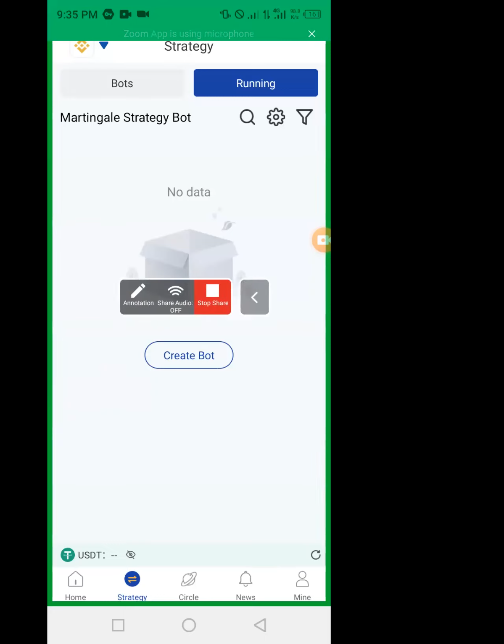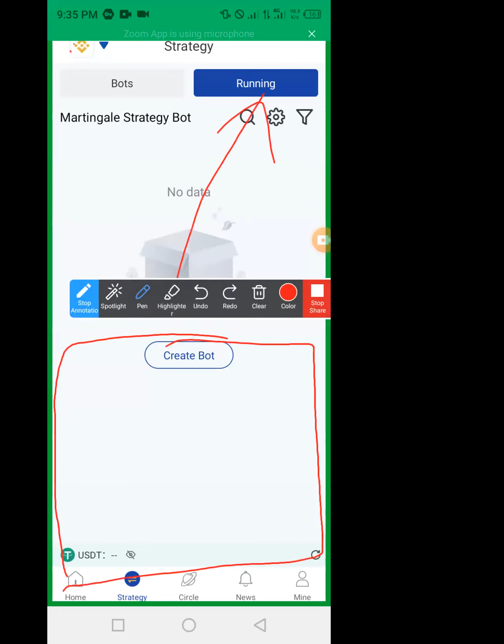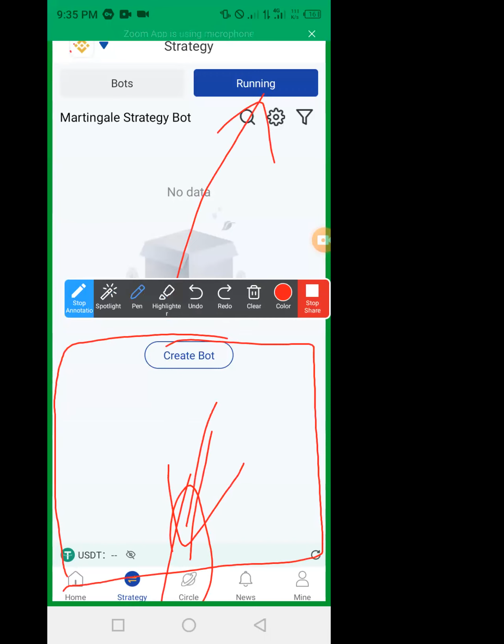We have looked at the strategy circle. This circle is what I told you when you want a professional trader to trade for you. But I said we are no longer recommending the people to subscribe to them, because at least we teach people each and everything, so you can do it by yourself. News, I told you where we can find it. I want us to look at this one, mine.